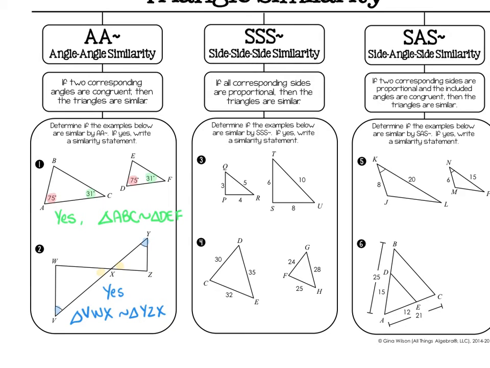So the first thing we want to do is compare each of the 3 sides on the triangle to determine if they are proportional. The main thing you want to do is just list them in order by length, because if they are similar, then the corresponding sides will